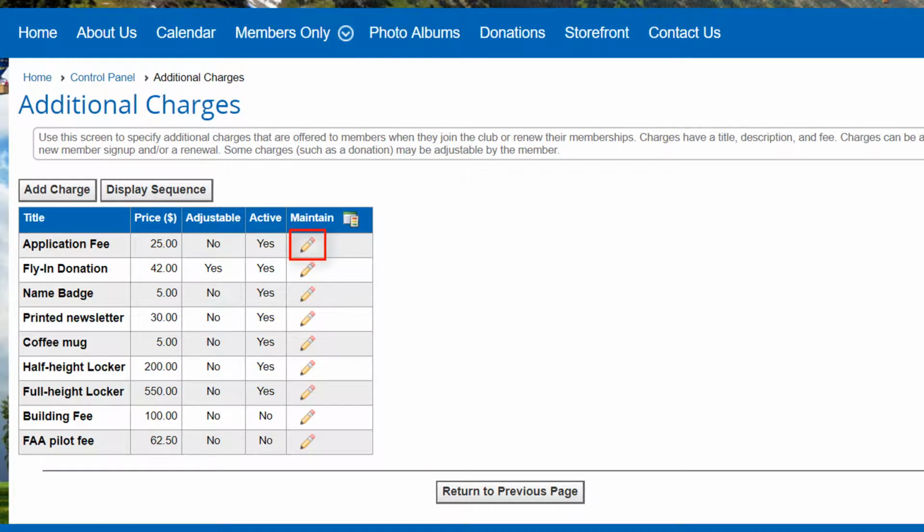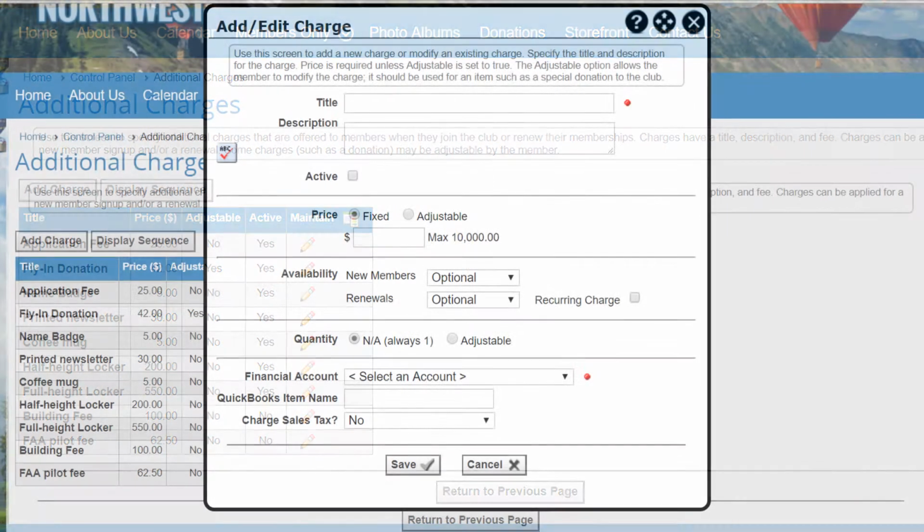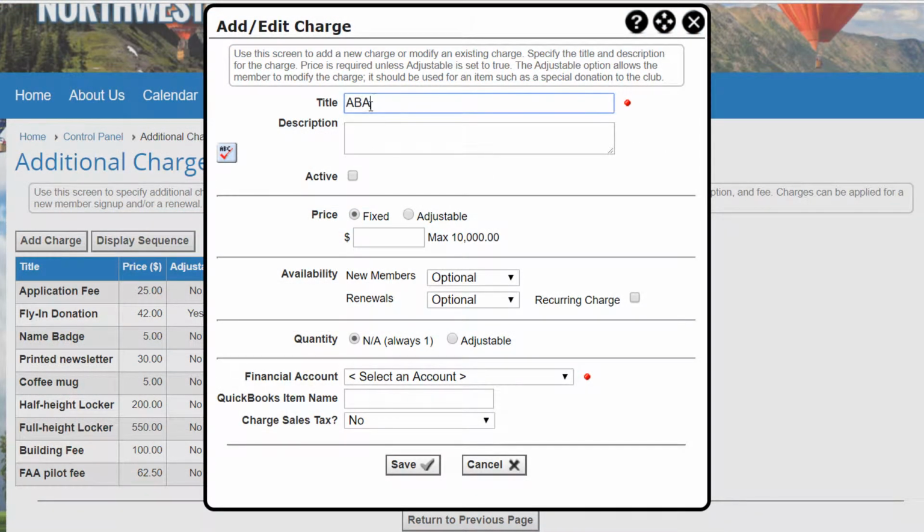You can edit existing charges by clicking on the edit icon. You can add new charges, and you can control the display sequence of the charges. Let's create a new charge by clicking on the Add Charge button. This charge will be an annual fee paid to the American Balloon Association. We'll call this the ABA fee and add a description that says that this is a one-year fee for that